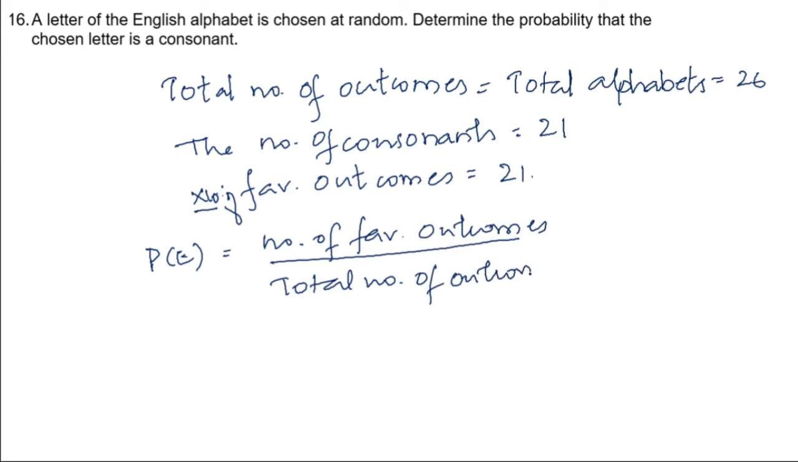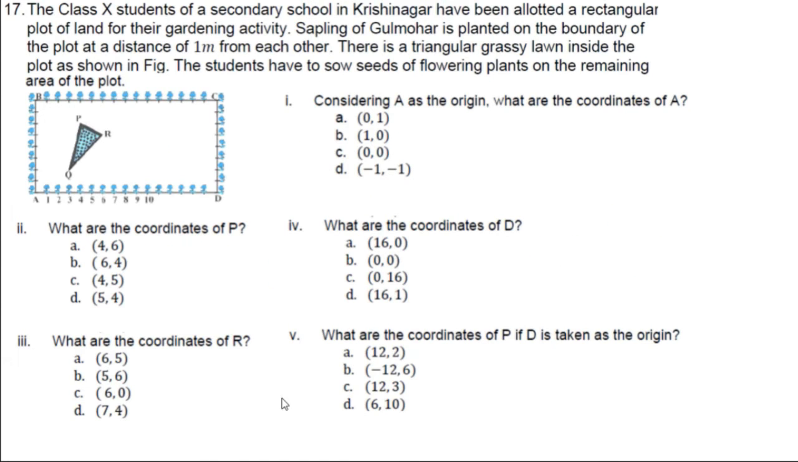And the total number of outcomes is 26 and the favorable outcomes are 21. So the probability is 21 upon 26. Now we have come to the questions which are situational based or case study based. Look at question 17. The class 10 students of a secondary school in